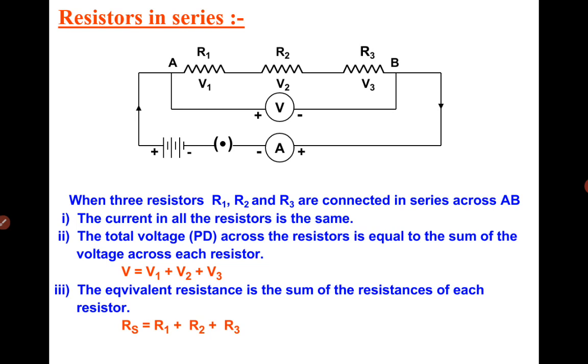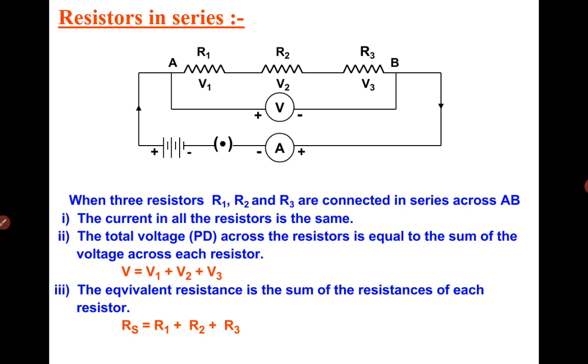Let us discuss resistors in series combination. Consider three resistors R1, R2 and R3 connected in series with the battery, plug key and ammeter in series, whereas the voltmeter is connected across the points A and B in the circuit. When the plug key is closed,